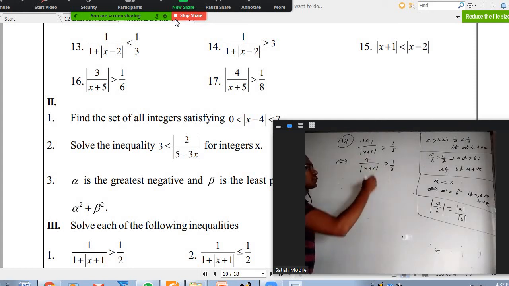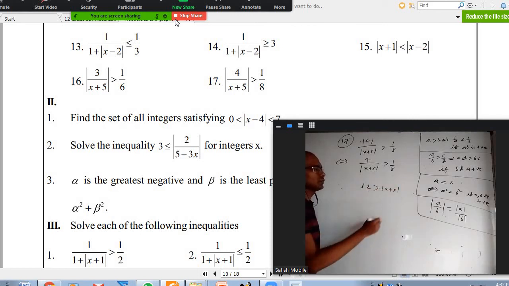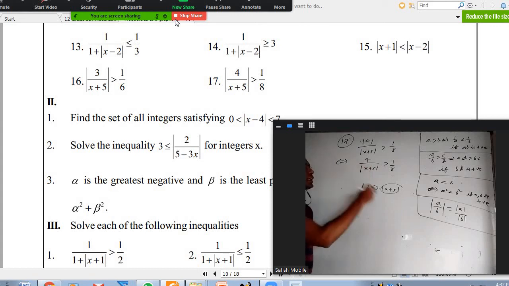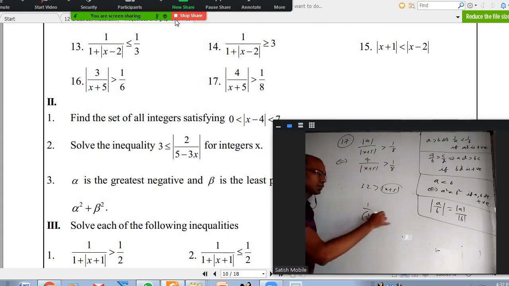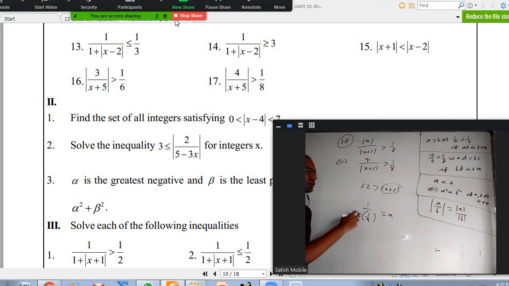If you take it, 32 is greater than mod x plus 5, there if it is 0 also okay. Right? But they are not equal. As I told you before, 1 by A is not A. It is A only when A is not 0. When A is 0, they are not equal; this is not defined. In the same way, if it is 0, here it looks like 0 less than 32, everything is fine. When you solve it, minus 5 also will come as a solution.